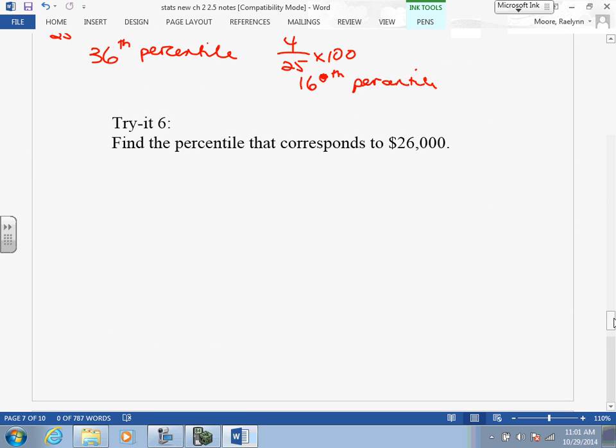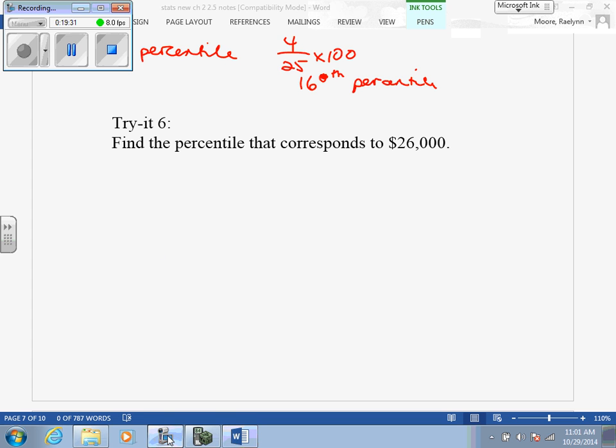What I wanted to get to today, does anybody have any